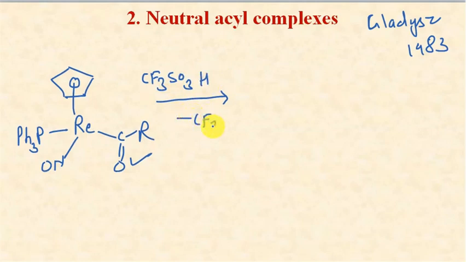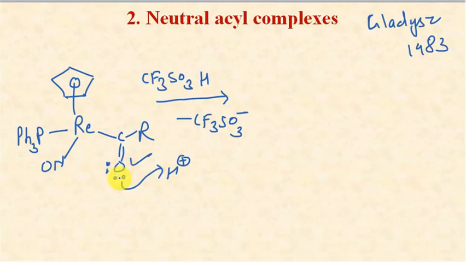And when this H positive is transferred to this oxygen atom, why? Because oxygen is an electron rich atom, it can donate its electron pairs to H positive. Now when this oxygen atom is donating its electrons, it will gain electrons through the carbon atom, and the carbon atom will gain electrons from this rhenium, because we know that rhenium is an electron rich atom and will transfer its filled d electrons to the carbon atom, forming a metal carbon double bond.